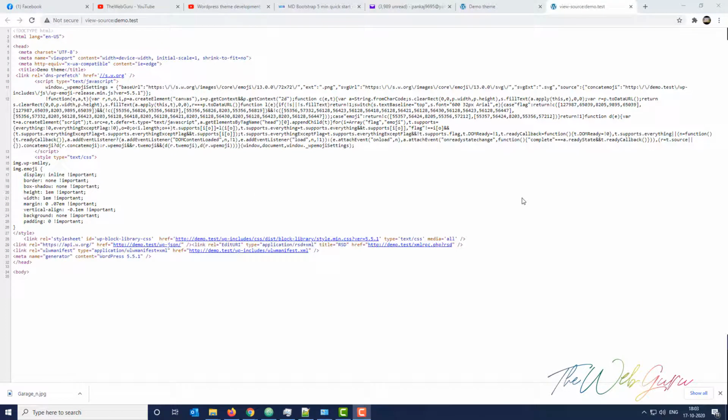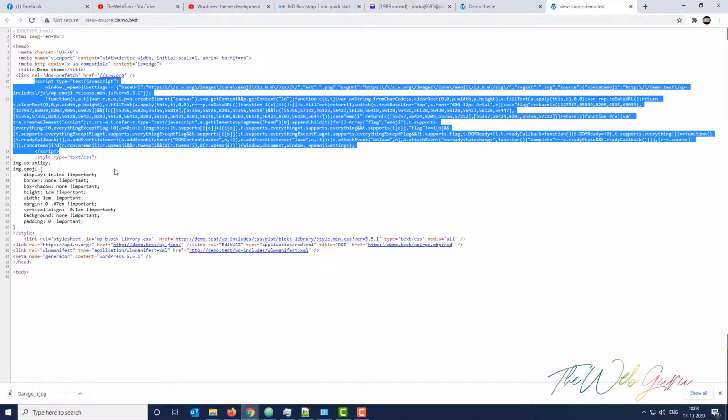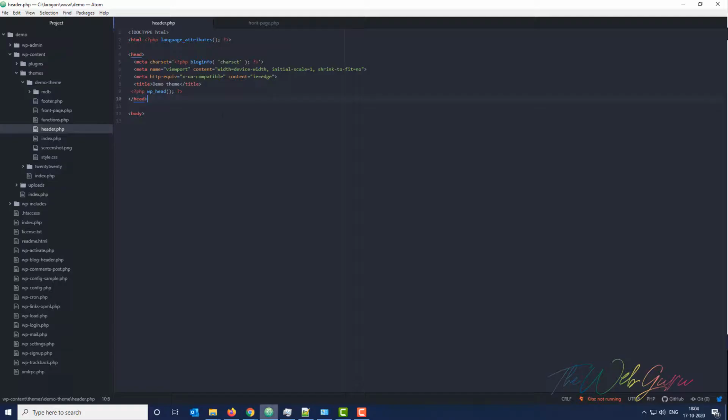So now we can see some additional tags, style sheets and JavaScript code added in the header.php file by using the WP head function. It added some required tags and style sheets in our theme now. So this is the header part, header.php, and the WP head function we need to use. We will create the title also dynamically.